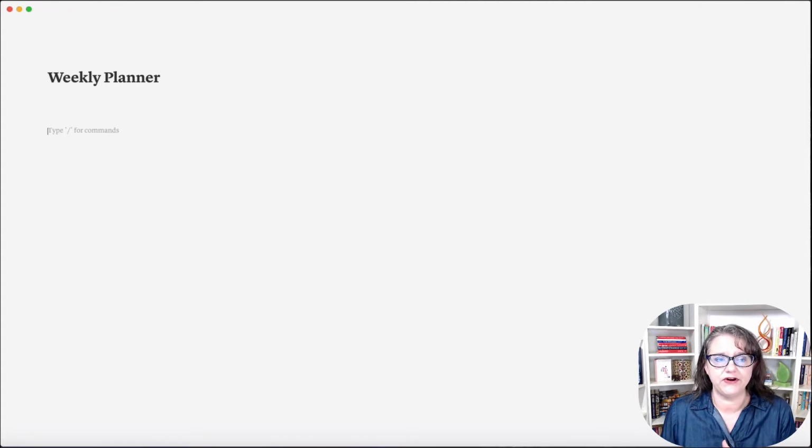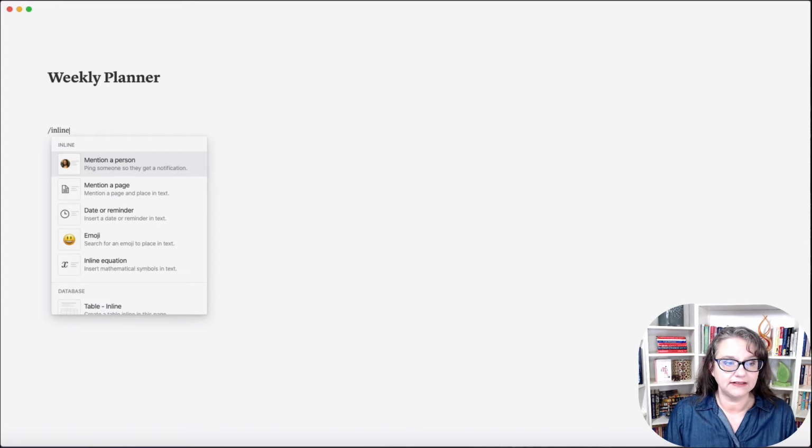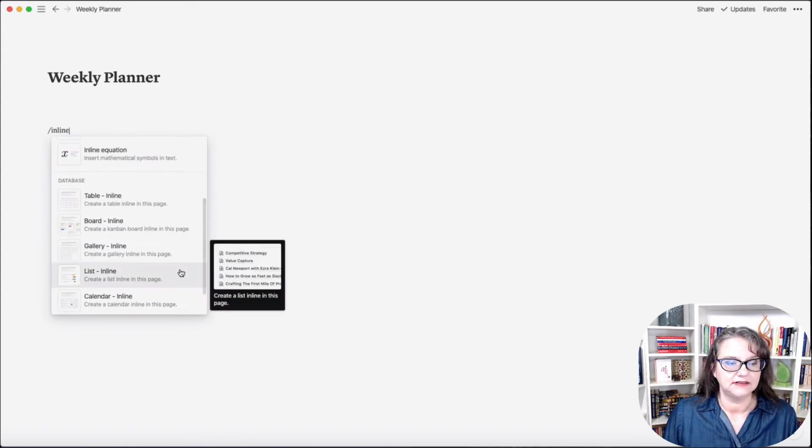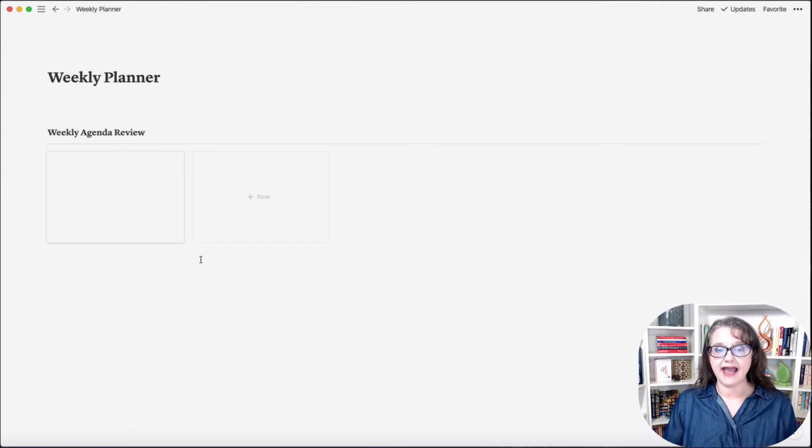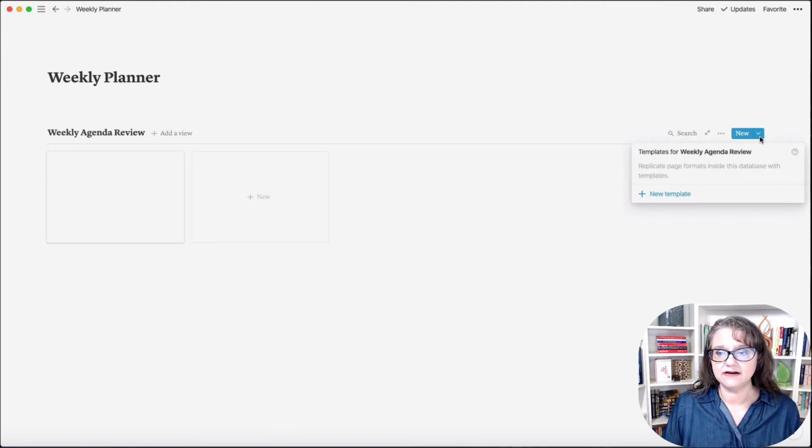Okay, so I have a weekly planner here, and what I want to do is I'm putting this together as an actual database. So I'm going to create an inline database, and it's going to be an inline gallery. So this is going to be my gallery, and this is what I start with, and then I build out the pages. So what I'm going to do here is I actually want to create a new template,